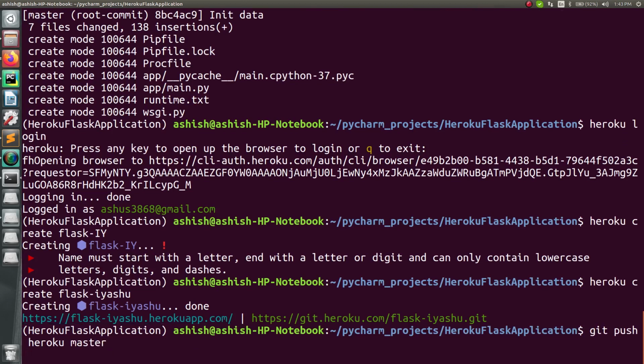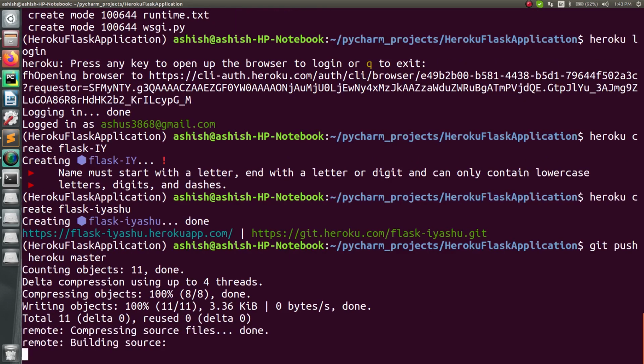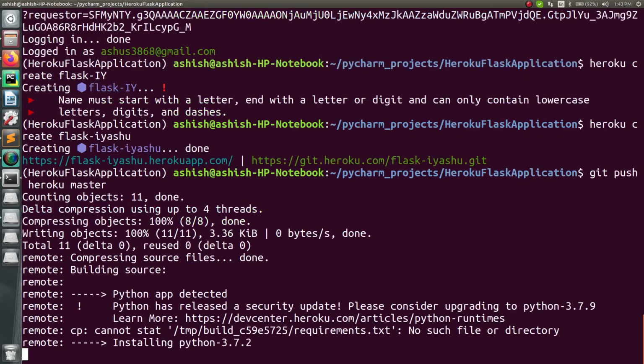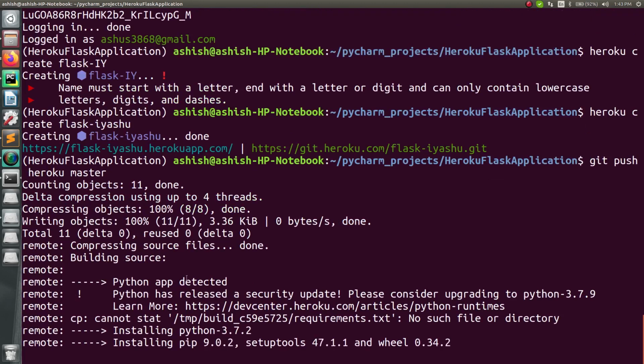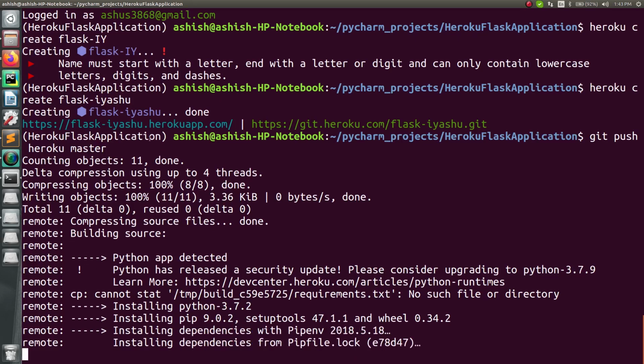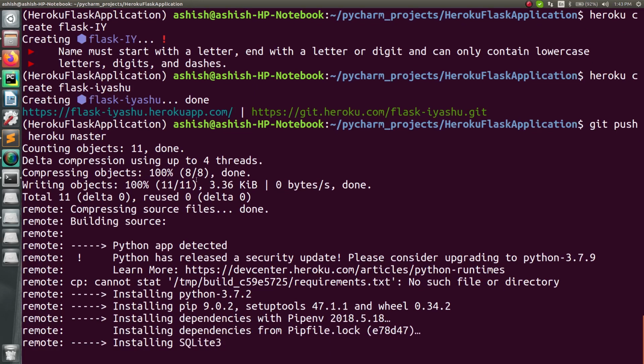What it will do is push your complete project onto the Git repo, and your project will be set live on this API URL which you have got here, right? After that, when you run this URL, you will see your project is running on the server at this particular address, right? So this is how we can do it. Let it finish, and after that we will see whether it's actually working or not.